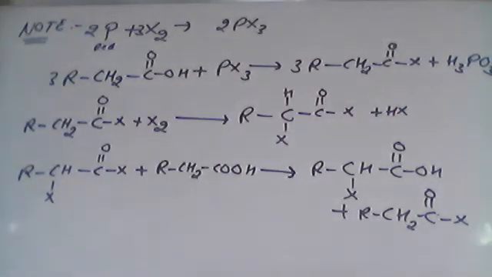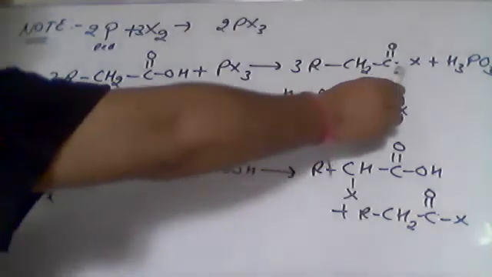You will remember we first did Darzens reaction with SOCl2. Remember there we reacted with PCl3, PCl5 also, but that is with the alcohol. With carboxylic acid also it is going to react the same way. So PX3 we have done. So there is a formation first of this acid chloride.